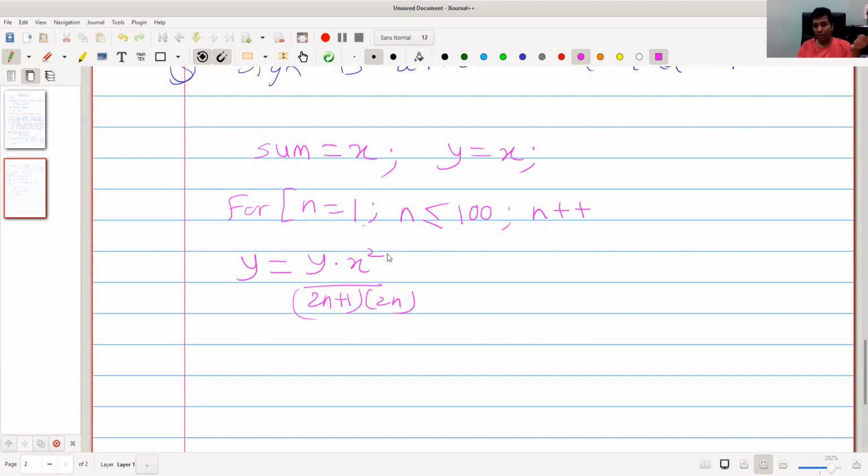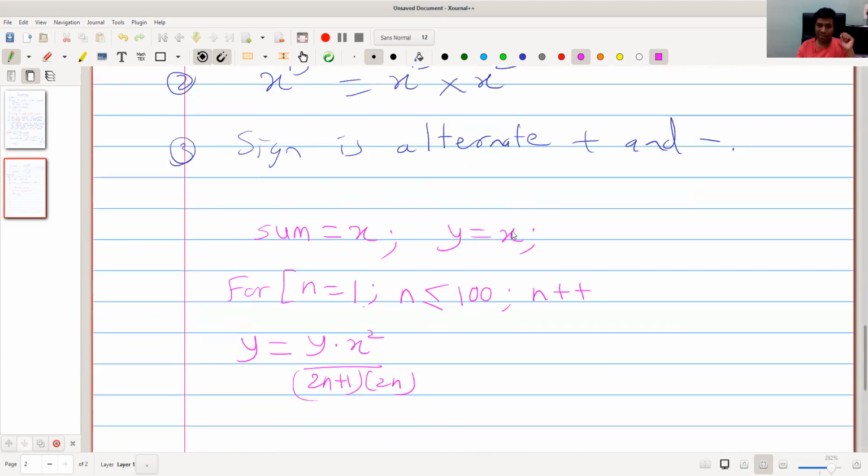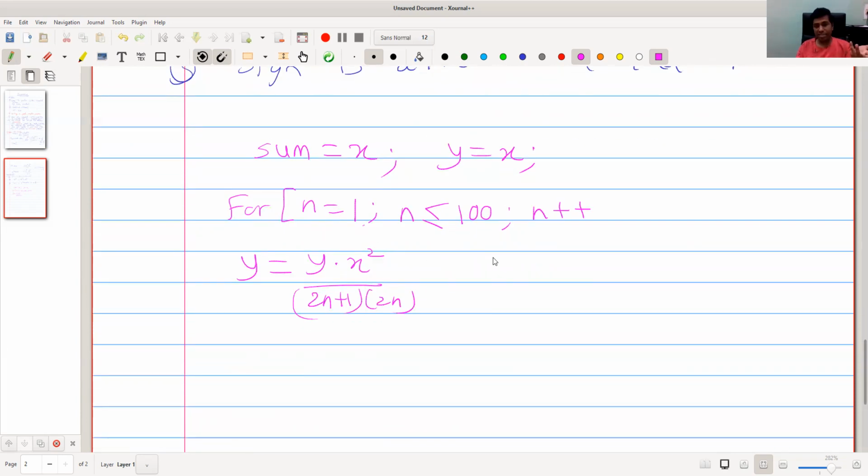I need the minus sign also. So what should I do? One way is to write minus 1 raised to n. But it is also not efficient, because minus 1 raised to n will unnecessarily multiply minus 1 n times. If my n is 99, it will multiply minus 1 by minus 1 by minus 1 up to 99 times. That is not a good thing, so the program will not be efficient. So what do I have to do? Simply I will put the minus sign here. Let us see the magic in the next step.